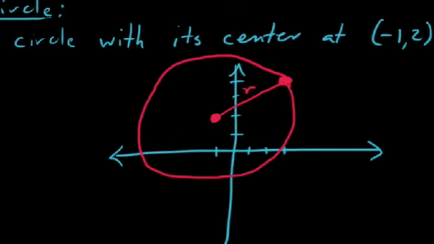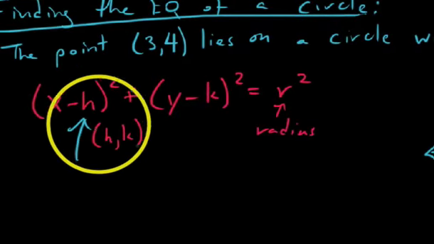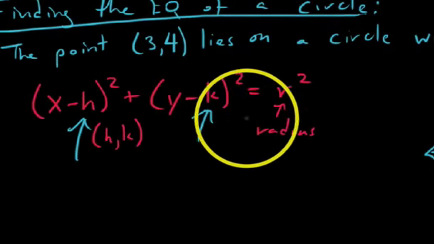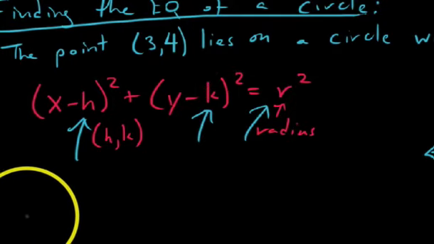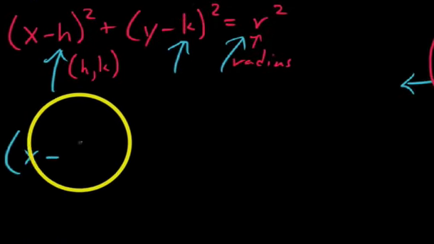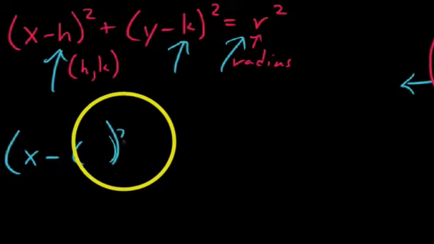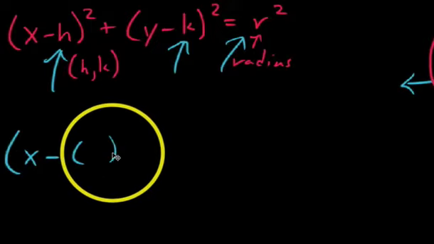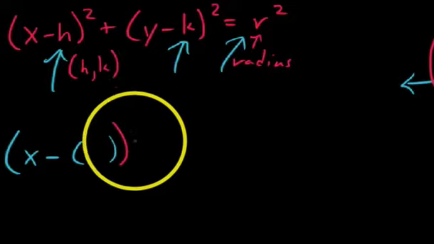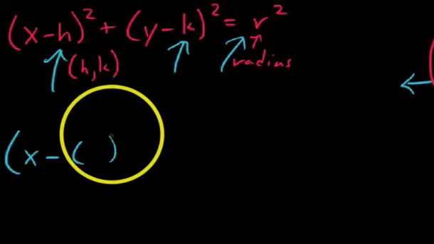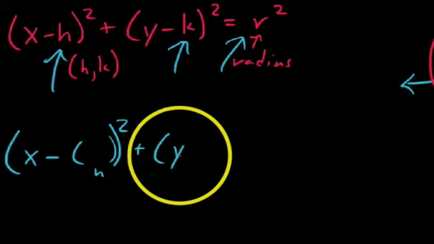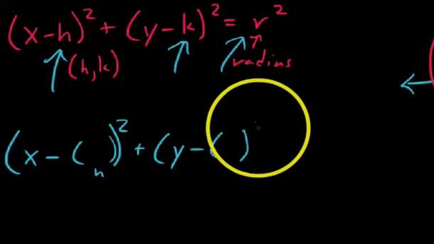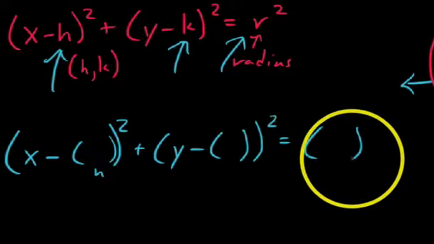Here's the thing about it. In order to write the equation of the circle, we need to know essentially three things: what is h, what is k, and what is r. We're going to leave x and y alone. So to find the equation of this, we say x minus some h value squared plus y minus some k value squared is equal to some r